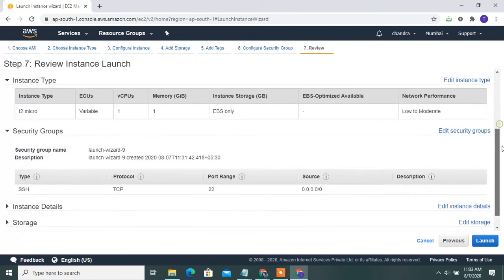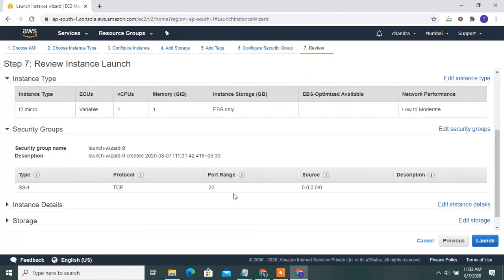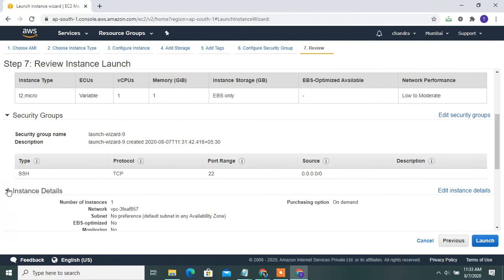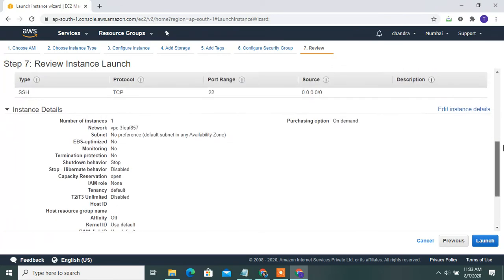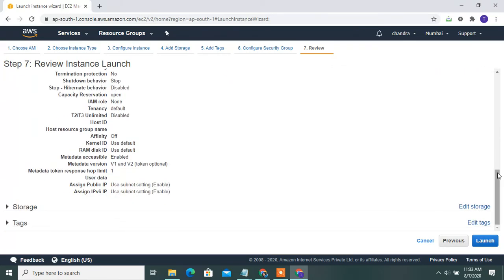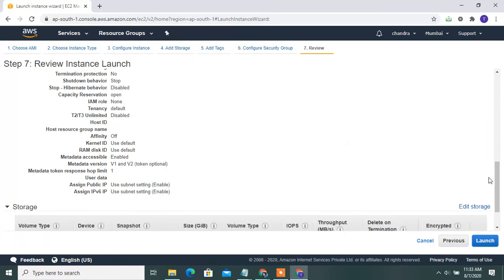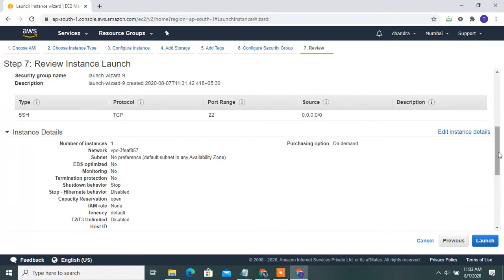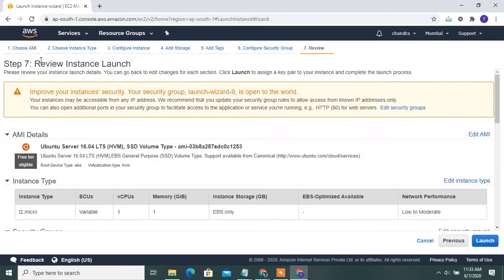Then next are security groups, adding only the SSH port. Then next are instance details, the VPC, storage, and tags also. Everything is displayed in review and launch. Once everything is done, you can launch here.